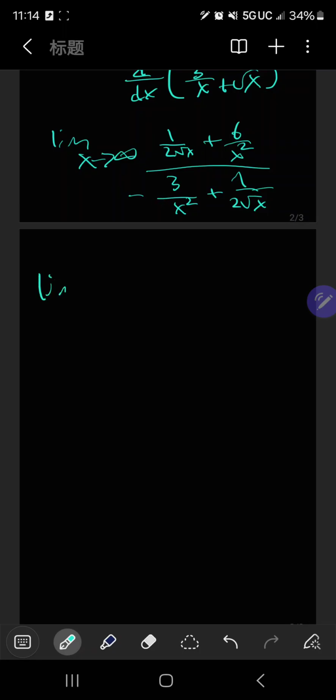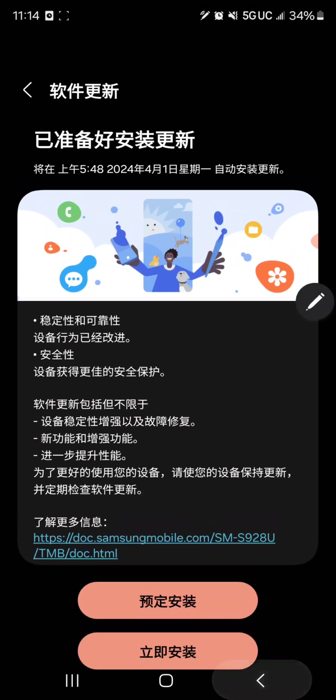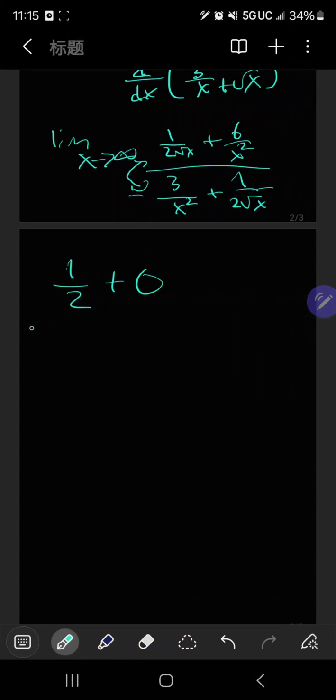This can simplify to 1 over 2. Since both of those go to 0, and we still have the plus there, if we simplify that,